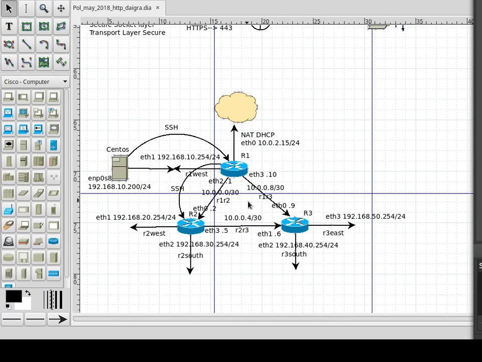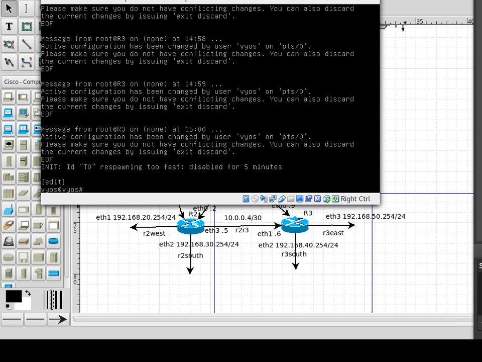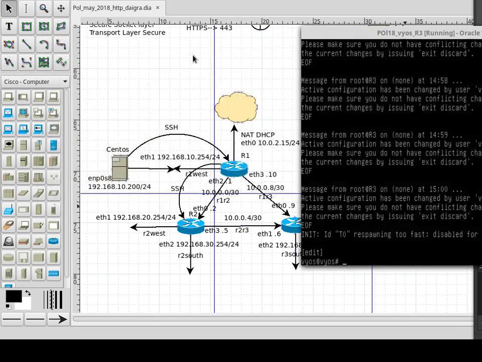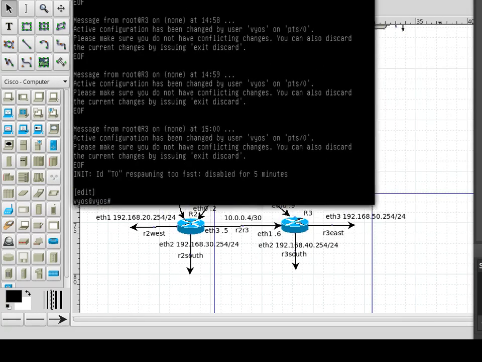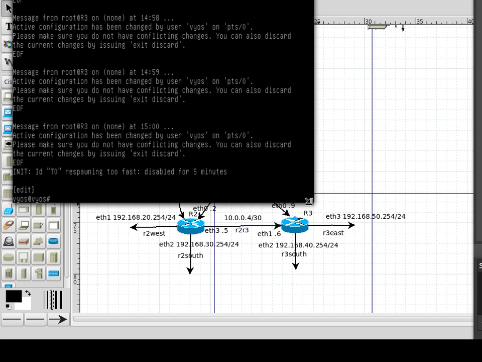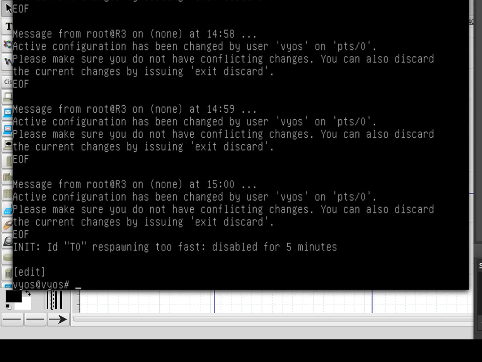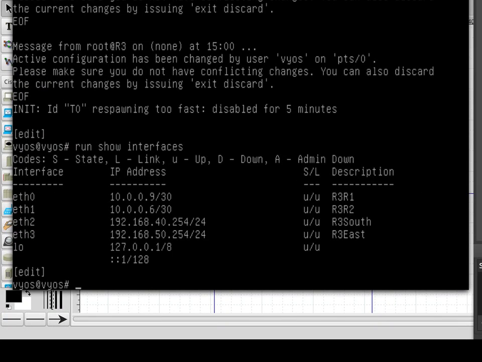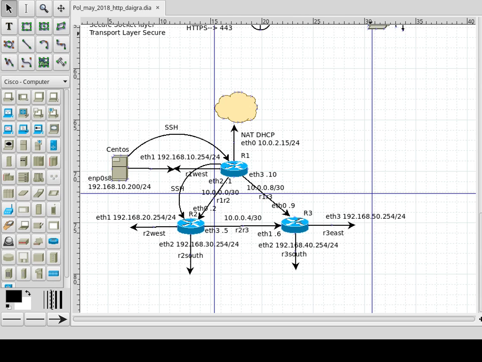Here we are. So we have already configured the third router, R3. R3 is already configured. Let me change the configuration here to a larger one. Run show interfaces. So R3 is already configured according to our drawing, our logical